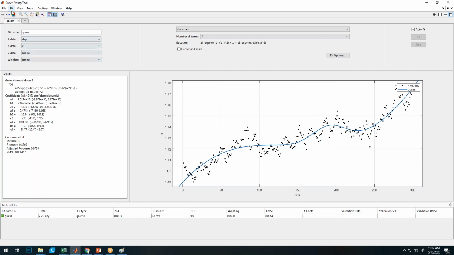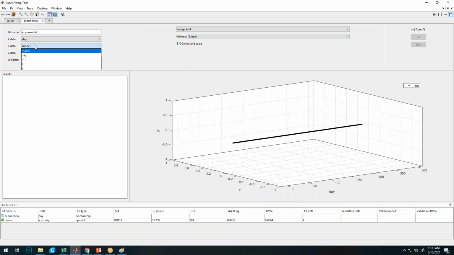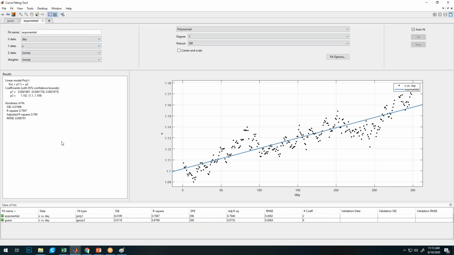So now if I take a different fit, a new fit, in which I want to do the comparison, I take an exponential fit. Then here also I will take the same day in x-axis and x data in y-axis.